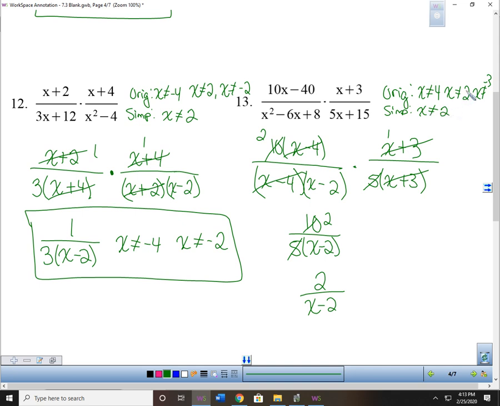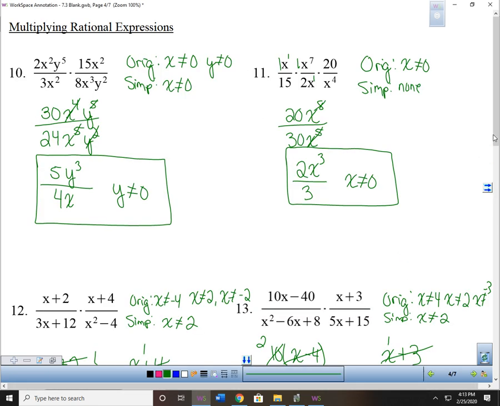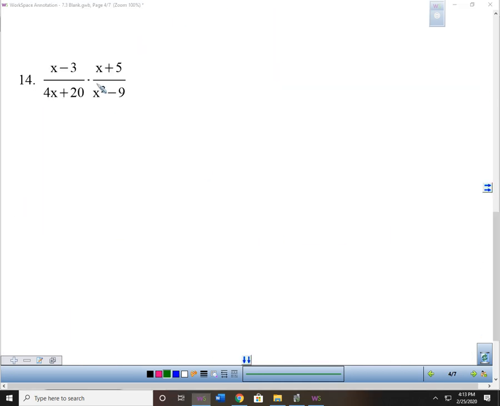So that's only one restriction that matches, so I'm also going to have to restrict where x cannot be 4 and x cannot be negative 3. All right. Oh, I think I skipped one. All right, so on the bottom, I cannot factor x minus 3,